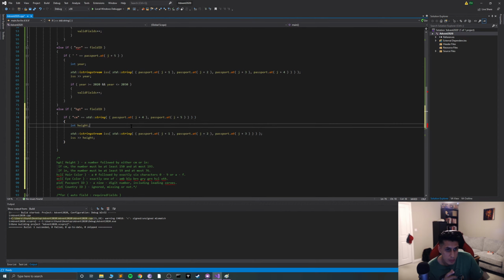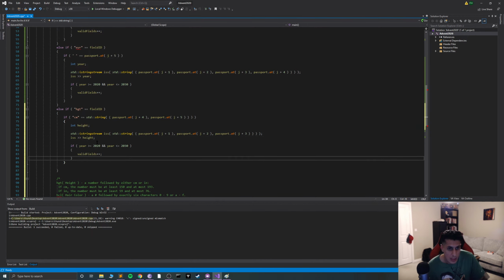We didn't have enough brackets. So if the height is equal to 1, 2, 3, then we can basically do the check, and the check is going to be height